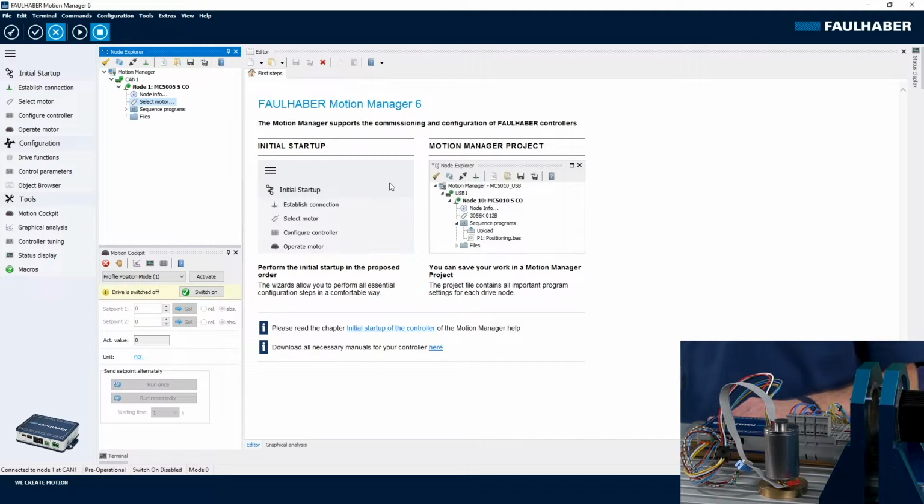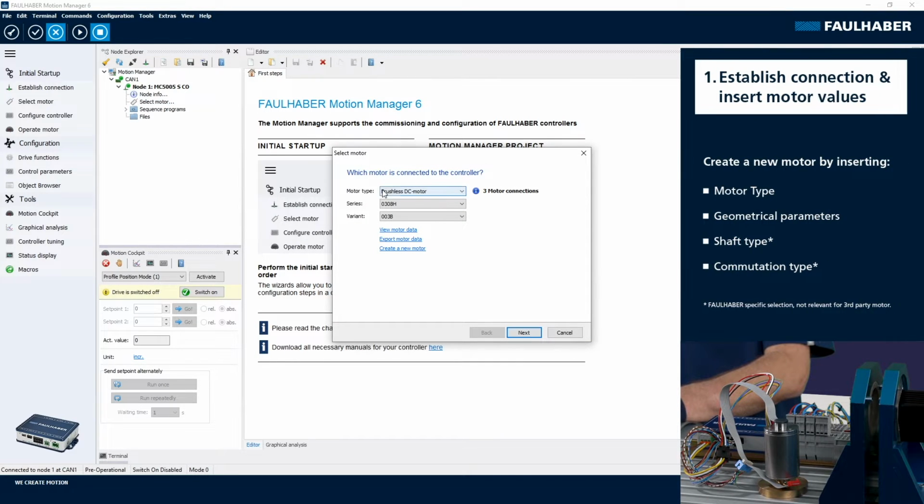So here I'm back with the complete setup. Now having the PC set up, I already connected to the motion controller, so you can see it's the MC5005. But first step would be to select a motor. And in that case, it's a brushless one, but obviously it's not part of our database. So what I have to do is create a new motor and enter a few